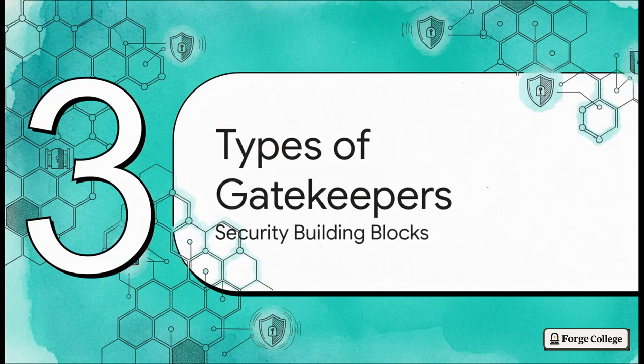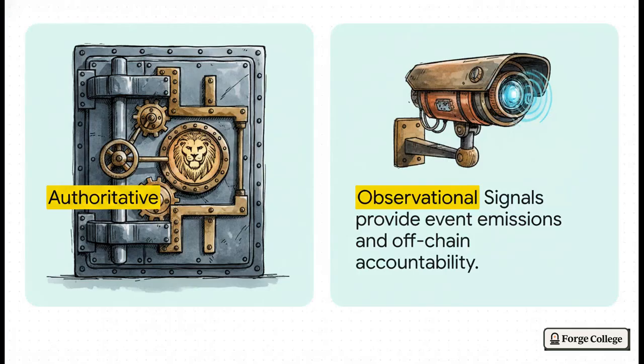Next up, section 3, types of gatekeepers. Now, you might be wondering, why does this matter for your capstone? Well, to build a mesh, you need to know exactly what building blocks you're working with. We generally work with 2 main categories that complement each other perfectly. On the left side, we have authoritative guards. Think of these as your on-chain muscle. They're your pre-execution checks and direct prevention mechanisms, like a require statement that physically blocks an invalid action right in